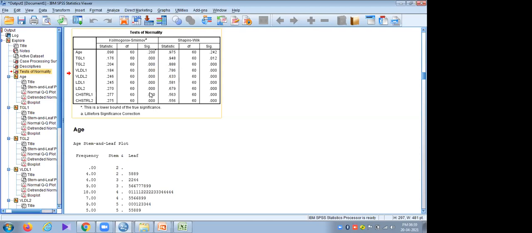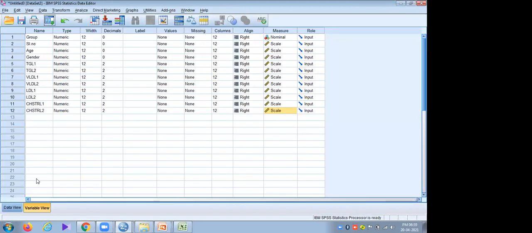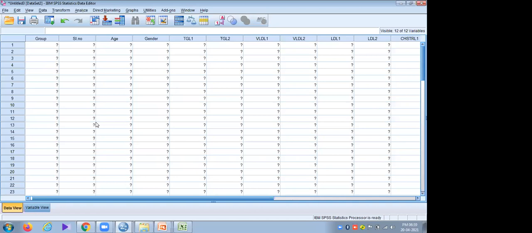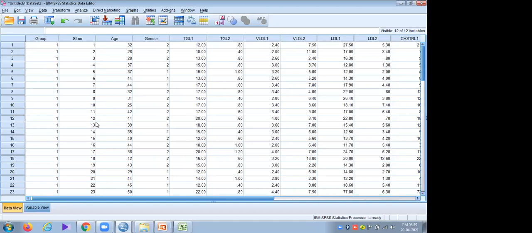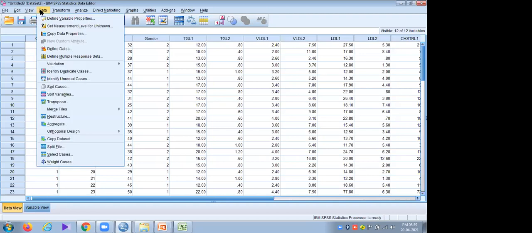And as I mentioned, we have two groups. So what we do is, we need to split the data. So this is the data. Here we can do analysis of both the groups separately. How is it done? After that initial tab, there is an option Data.